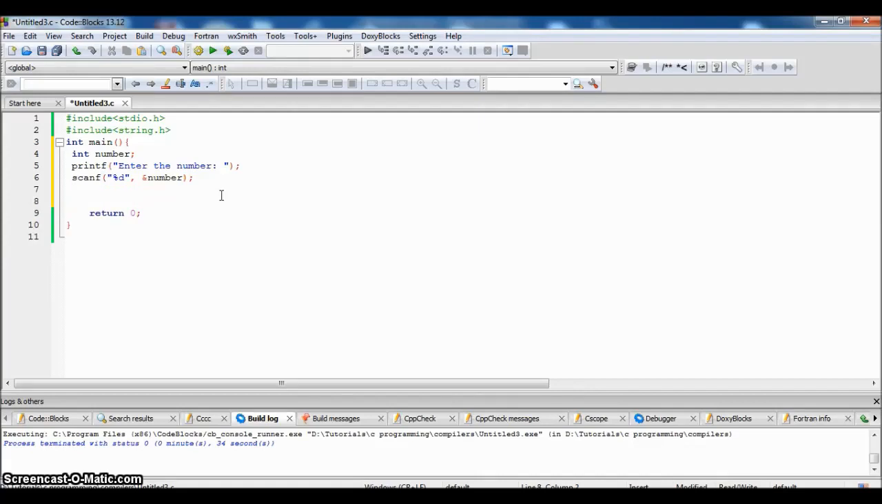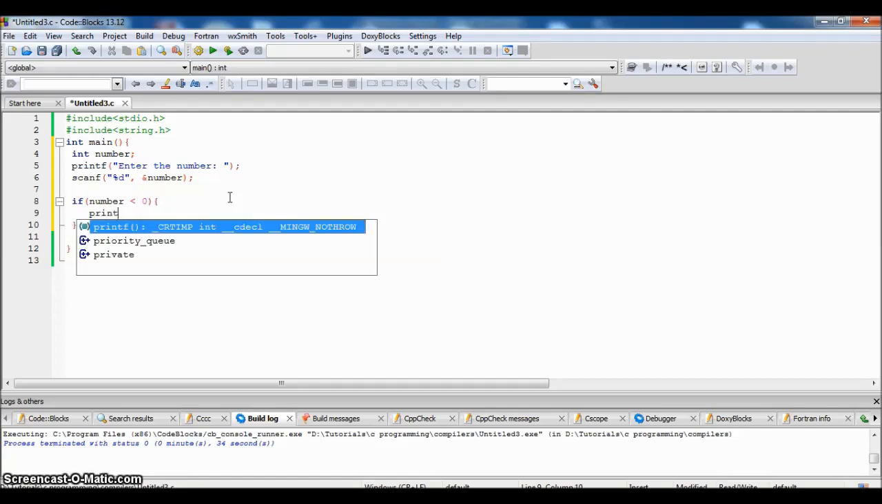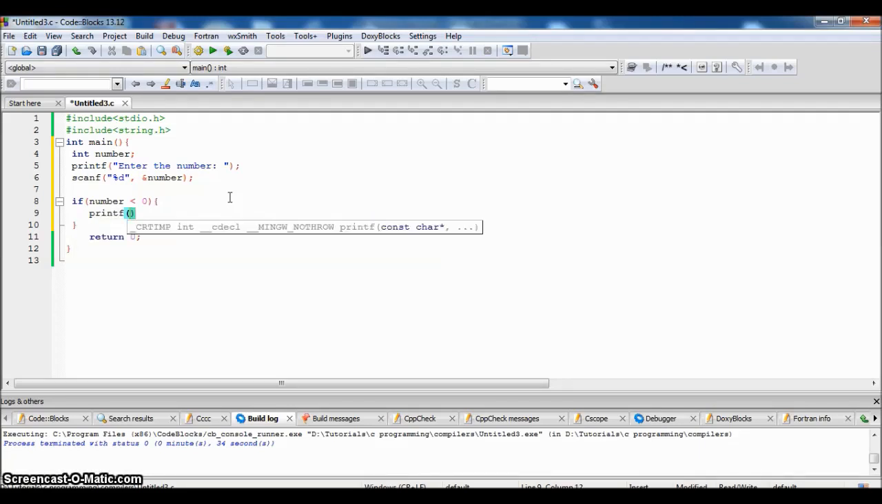Now write some conditions. Depending on the conditions, we will decide whether it is a positive number or a negative number. So for this we will write if condition. If number is less than 0, printf the number is negative,